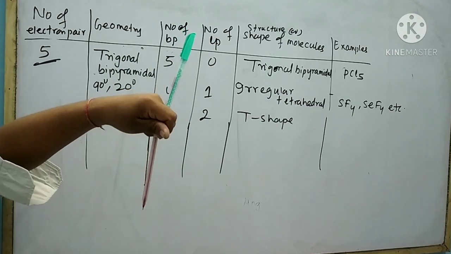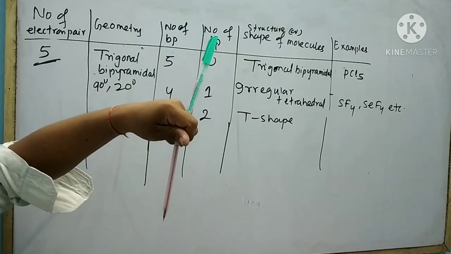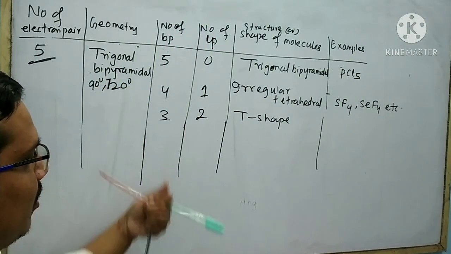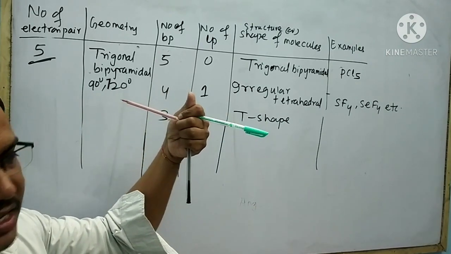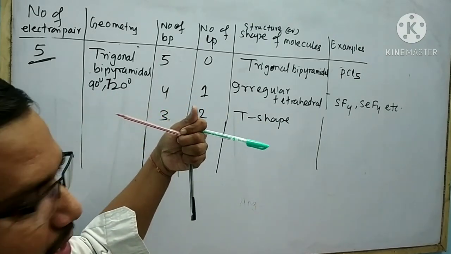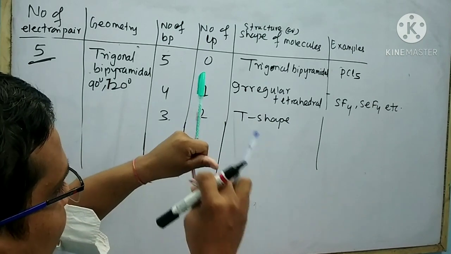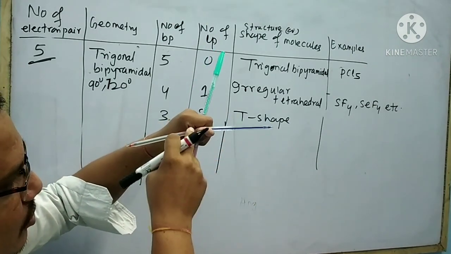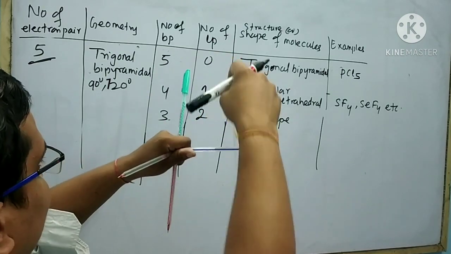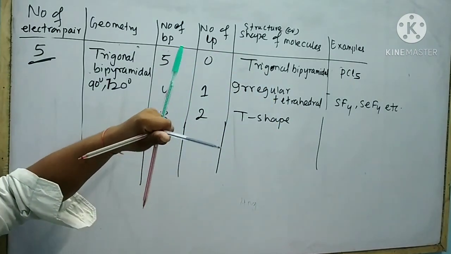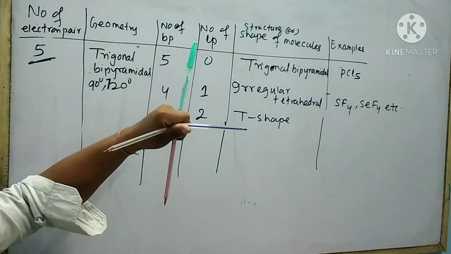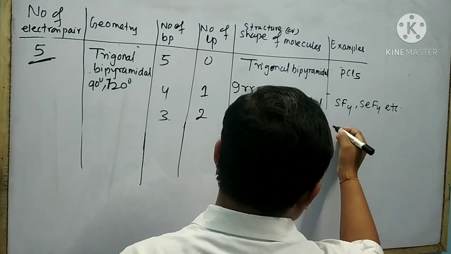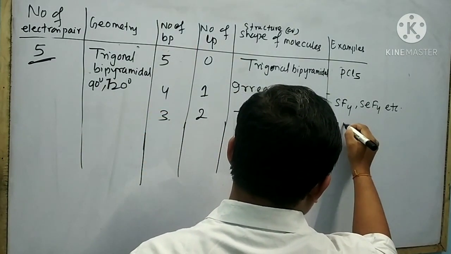So we can think that the shape of the molecule is T shape. Look at that, this looks like a T, so the shape is said to be T shape. But remember, when these 2 lone pairs are attached to the central atom, then the geometry is said to be trigonal bipyramidal. The example of T shape molecule is ClF3,